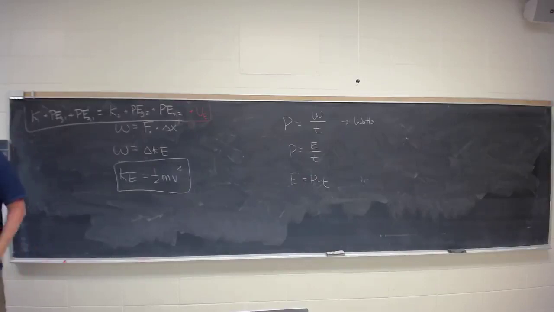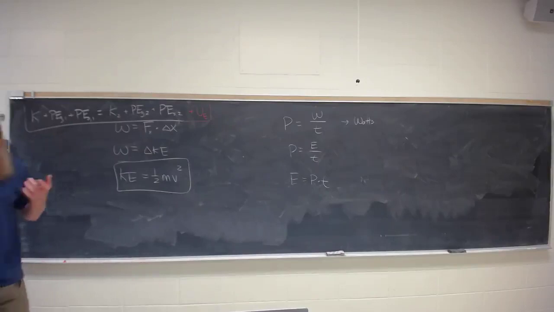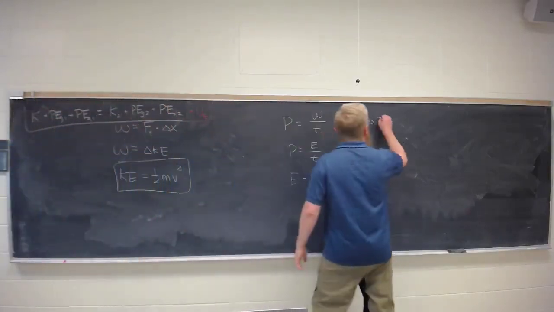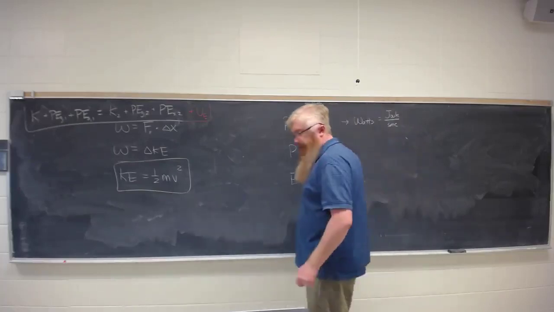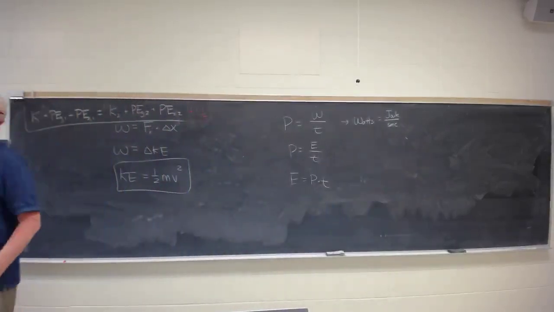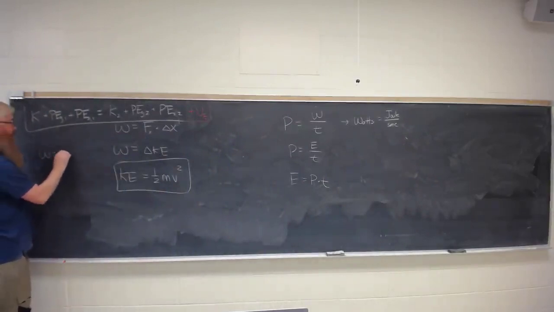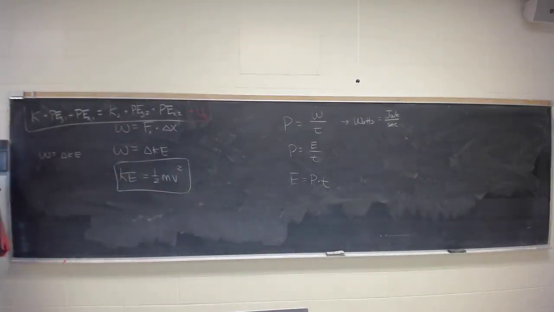So I don't know if I missed this, but what did we say the unit was for work? Work is the same as joule, same as energy. Okay. So a watt is a joule per second. Because if you think about it, work is the change in kinetic energy, so these have to have the same units. They both have joules. Again, power is just how quickly things are done. Power consumption, work and energy,